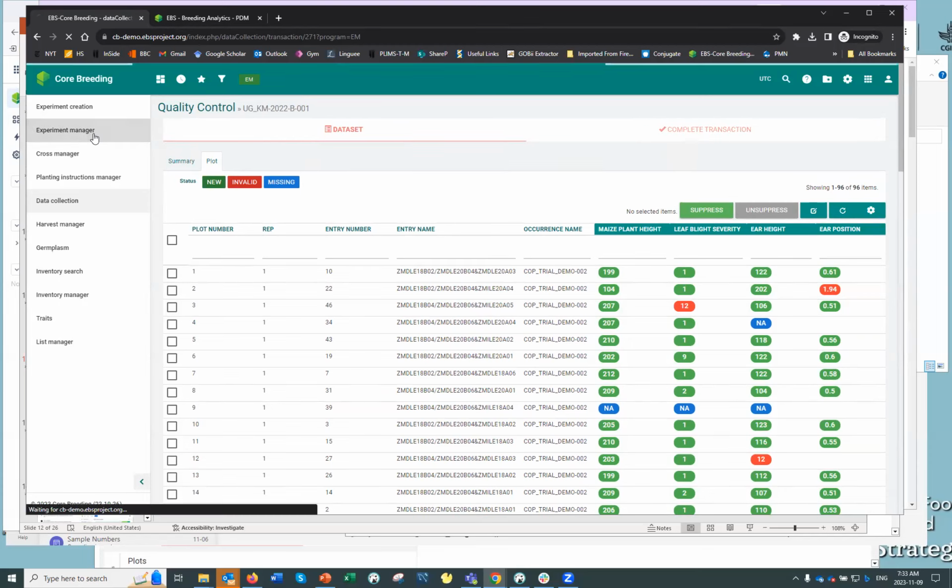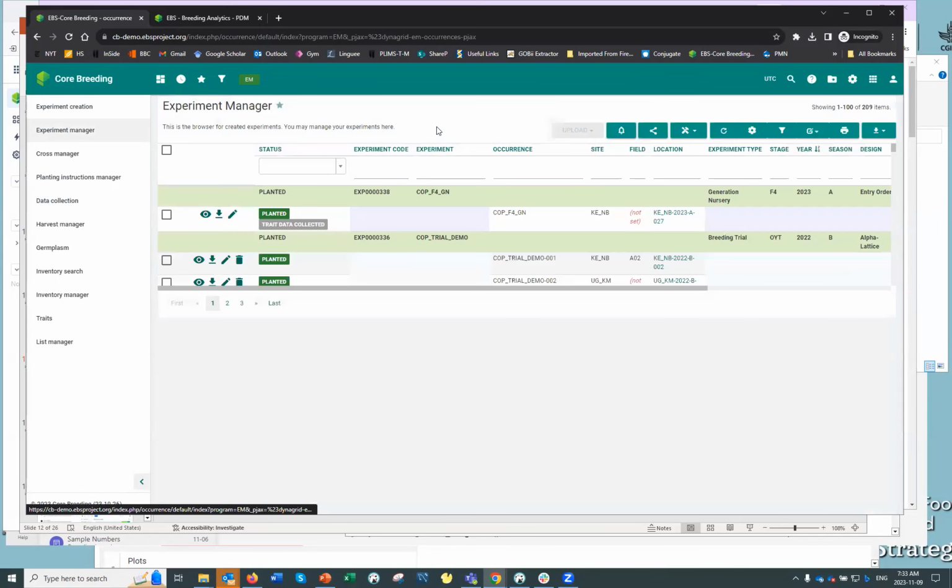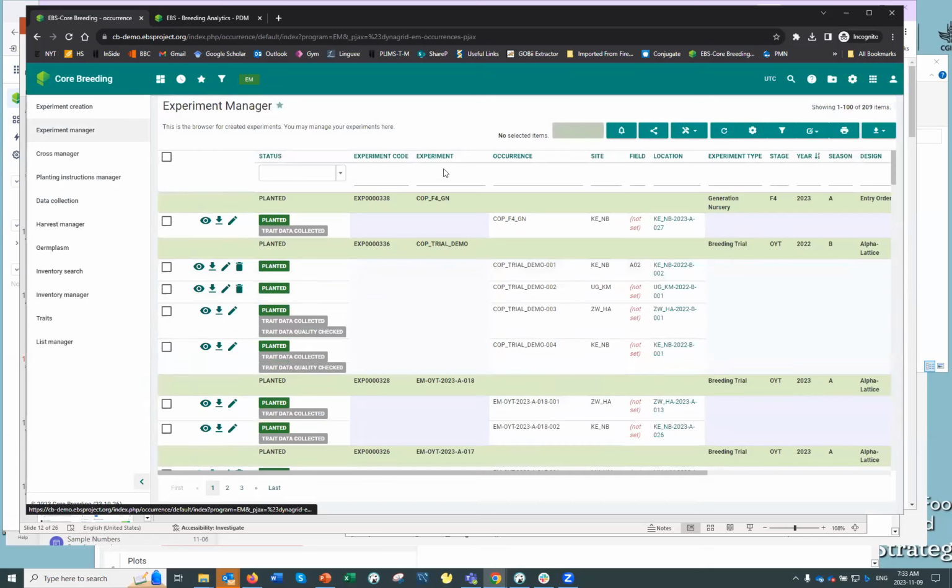Just to highlight quickly, given the importance of having high quality data available for analysis, after the data are loaded to the system, there's another tool that's available in Breeding Analytics to give the users the opportunity to look at the data in more detail, called Phenotypic Data Manager.